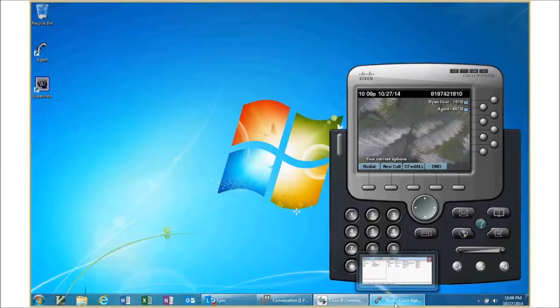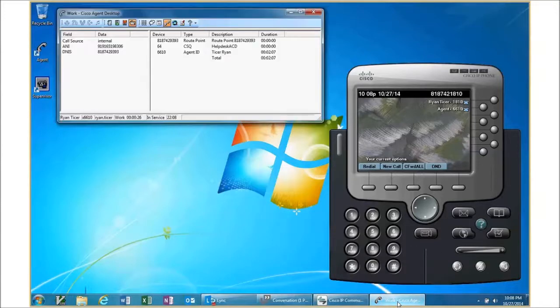Also note that the Cisco Agent desktop software automatically minimizes down to the bottom of the screen to get out of the way of any documentation that needs to be performed. After work time is up, it will automatically move me back to the ready state. I can also manually click on the Cisco Agent desktop software to bring it back up as an active window